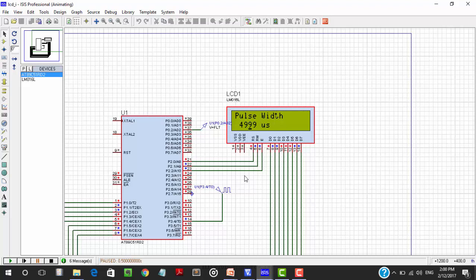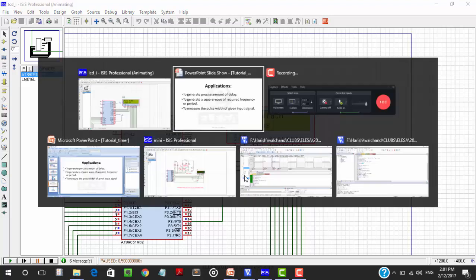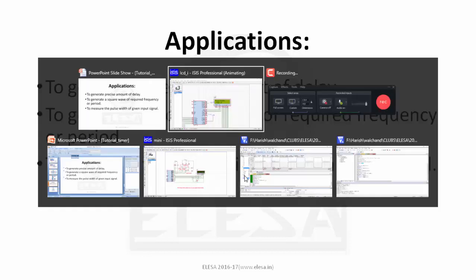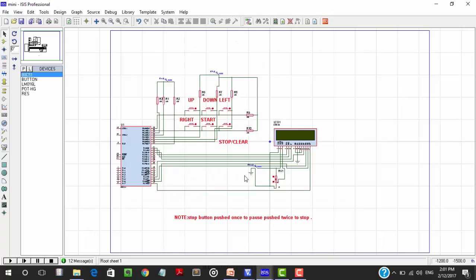There are various uses of timer as timer. In my own project, I was supposed to create a stop clock. Not a stop clock exactly, it was something like you have to set the time and then start. And if it becomes 0, it should stop. I will show you that project. Let's have a look over it.